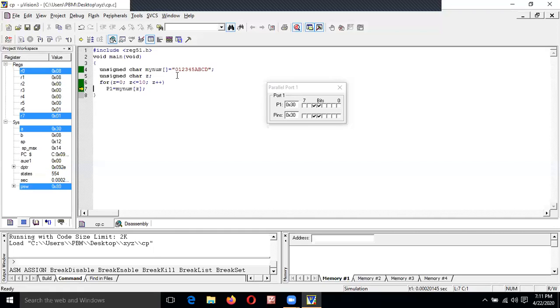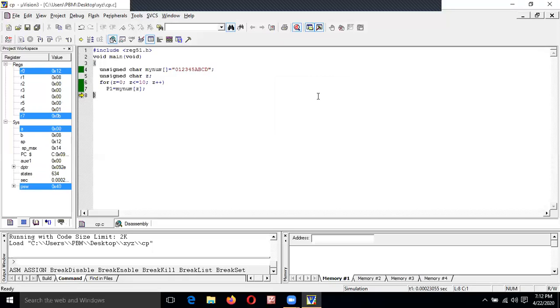30 is the hex value for the ASCII 0. Then 31 you are going to get corresponding to 1, corresponding to 2 you'll get 32. Like this for numbers up to 35 you're getting. 41 is for capital A, 42 for B, 43 for C, and for D you're getting 44, and this terminates the program. So we have come out of the loop now. So this is the program. Let us see the next program.